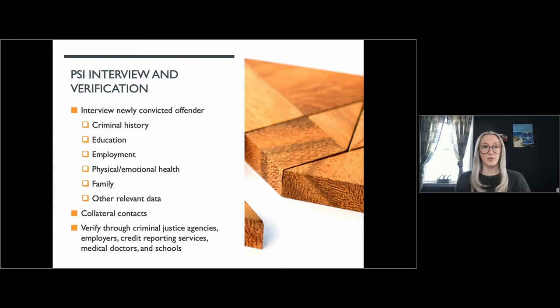They're going to interview collateral contacts, those being family, friends, the police, their employer if they have a job, and also the victim, to gain their perspective and ensure that their voice is heard in this process. And they then need to verify all of this information through schools, their employers, and credit report services, because they're going to include in these PSI reports how much money the offender makes, how much they bring in, and what their ability is to pay their fines, costs, and